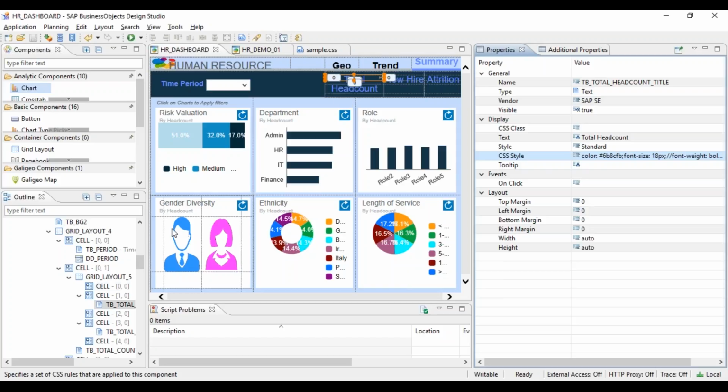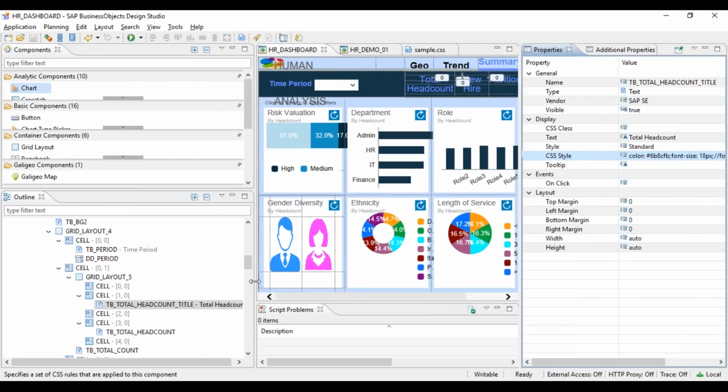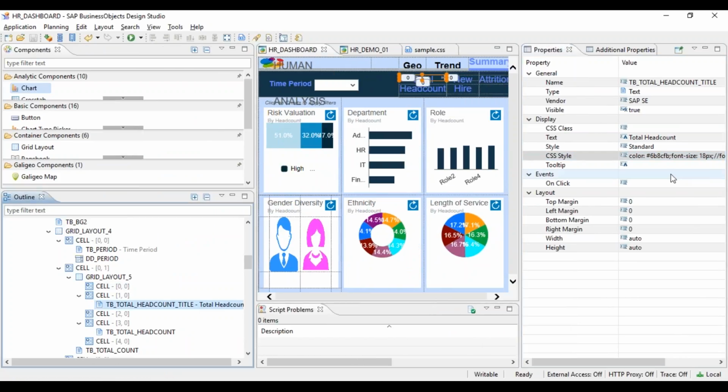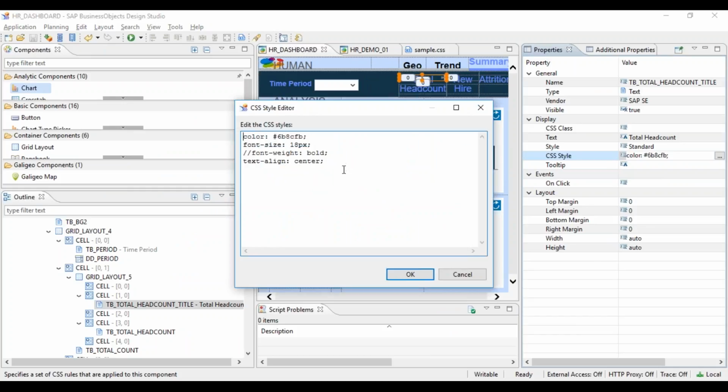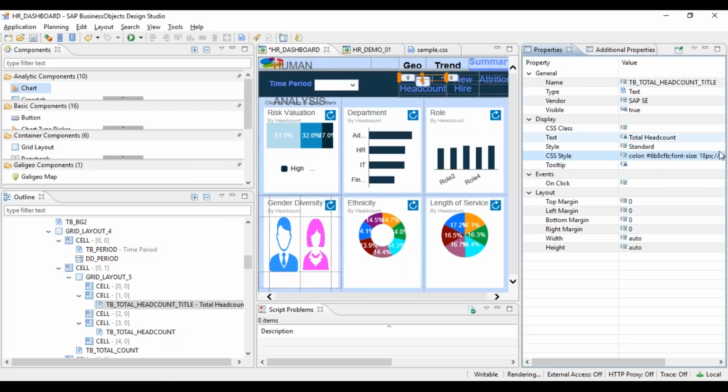See this total headcount. This is my text box, the total headcount text box. This is the CSS written for it. This is the color, blue. The font size is 18. If you don't want something, like the bold, I have written it but I am not using it, so I have commented it. And text align is center. I want to put the text into the center. You can put it right also instead of center, so it will be aligned on the right hand side.